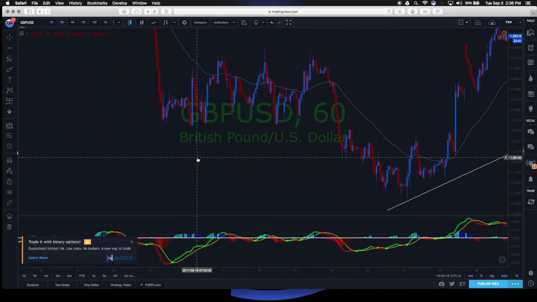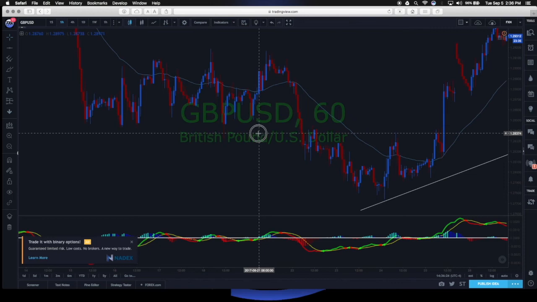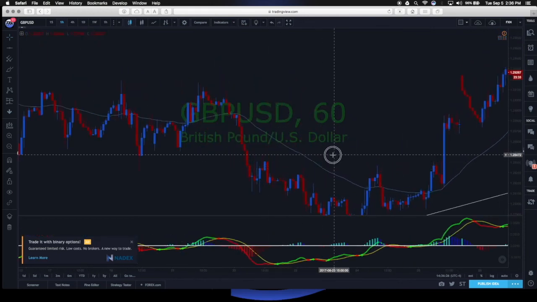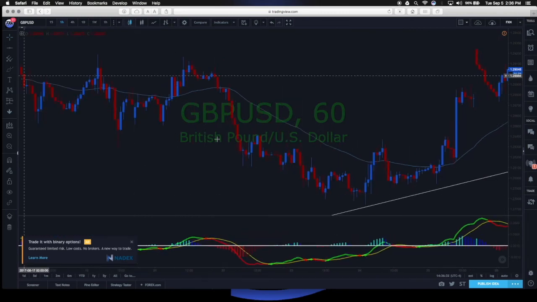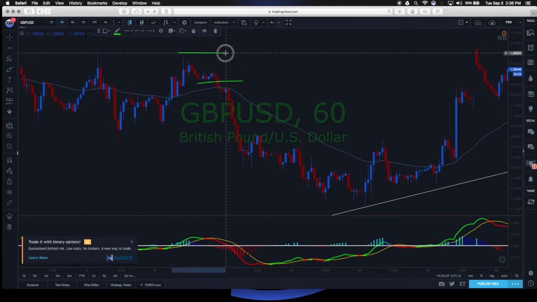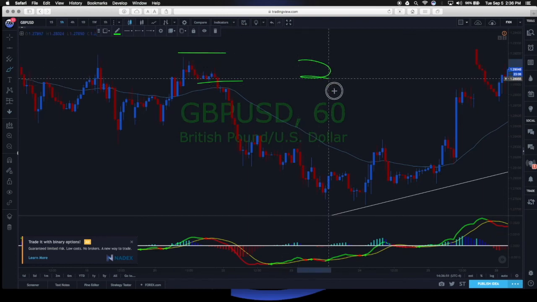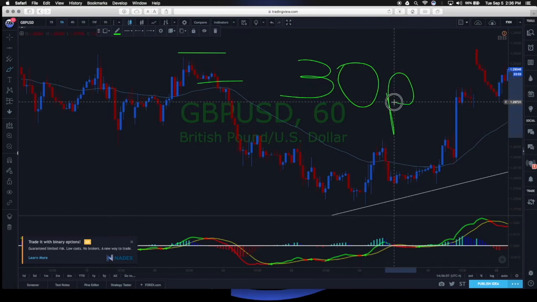Now the next one, the last one that I'm going to show you here, it's pretty simple. This is a method where, let's look at the same example: you get into a trade at a sell, your stop loss is here, right? And essentially what you would do is, once you're in profit 30 pips,